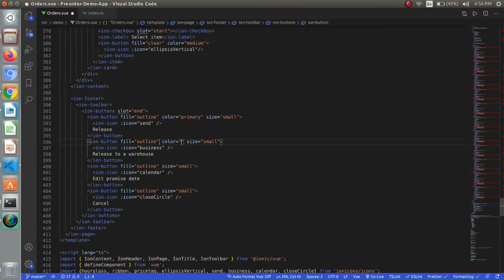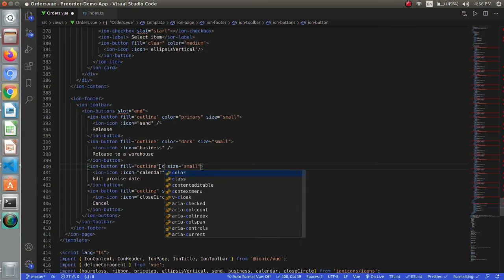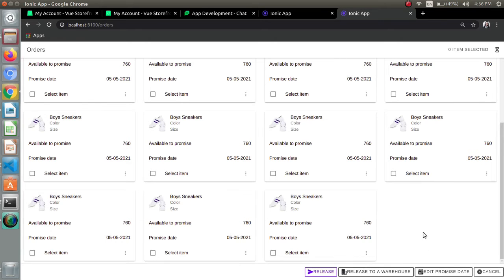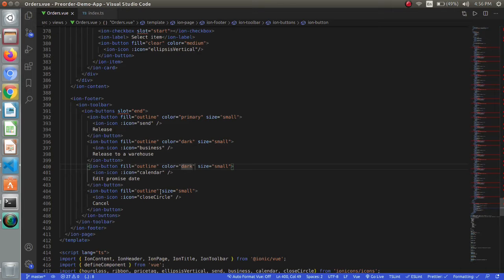The second one will be dark and the third one is also dark. We will provide the last button a color of danger.